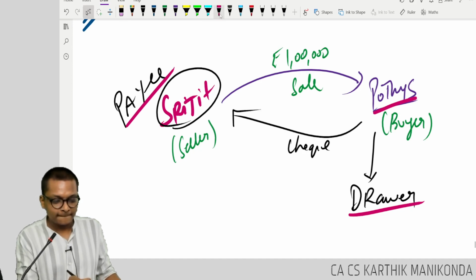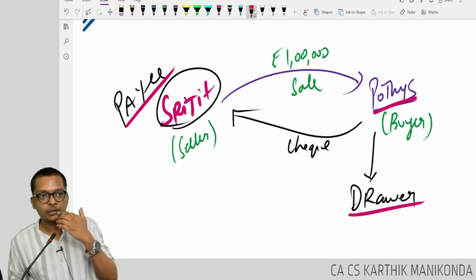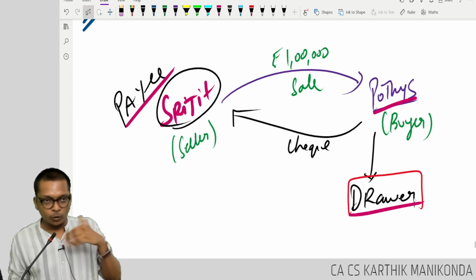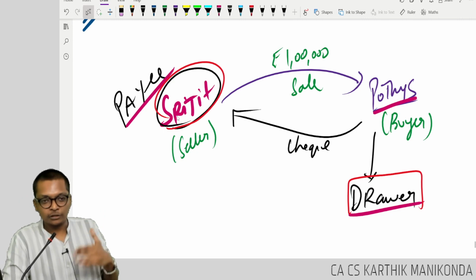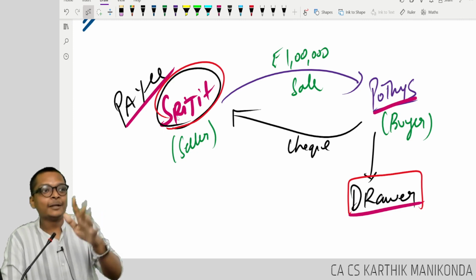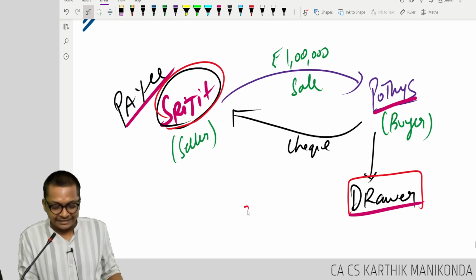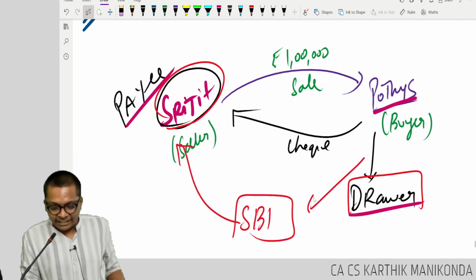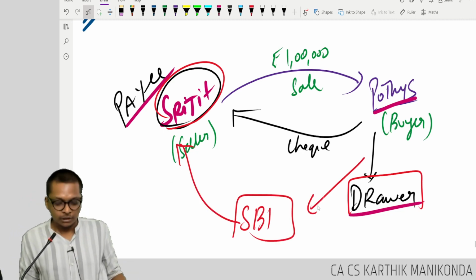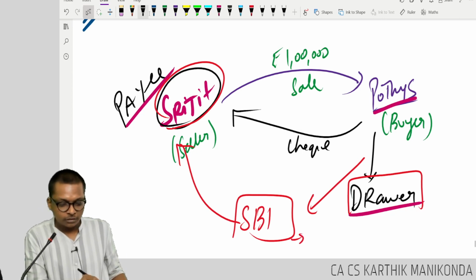Who's going to pay? Loudly, who's going to pay? Who will pay money to Srijit? No, Pothis is not paying. Who's going to pay? Bank will pay. Correct. So let's say SBI is paying to Srijit on the instruction from Pothis. So that person is called